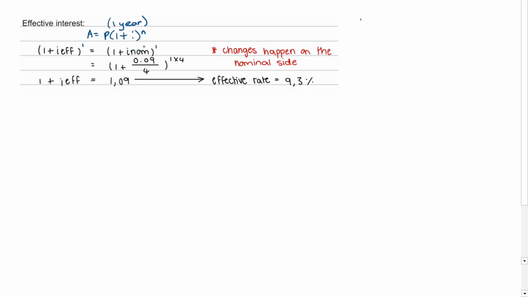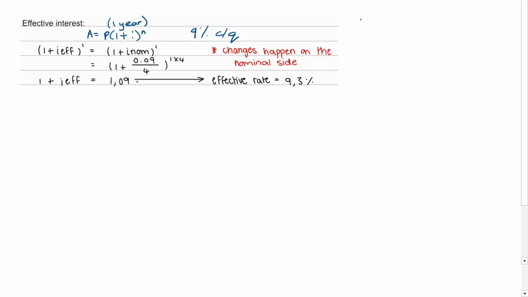The next bit of critical information is that all the changes happen on the nominal side. So if I say to you, like this example, you're going to get 9% compounded quarterly, then just remember I'm not going to be dividing the effective interest rate by 4 and all of that. All the changes happen on the nominal side. And so as you can see in this example, I've put my interest rate 9%. I like to write it as 0.09 compounded quarterly, so over 4. It's done for 1 year times 4, because what we're dividing in our compounding, we're timesing to our years. This then gives you an answer,